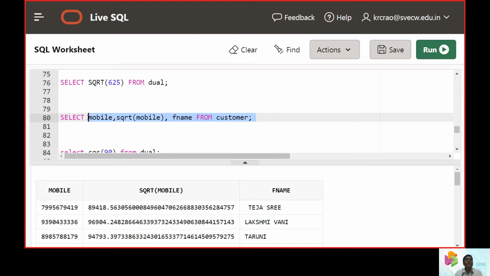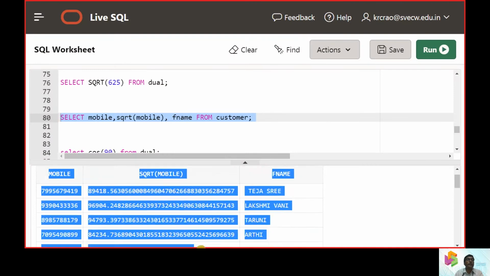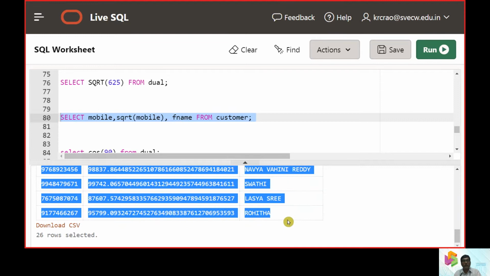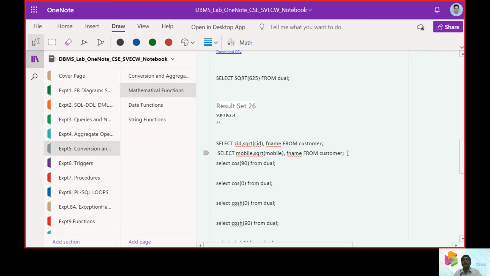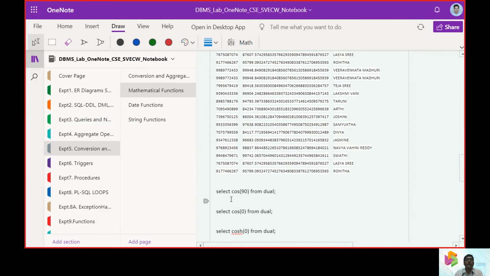So we will take the SQL query and put it into our working area. Similarly, we can take up the answers here and move them to the working area. It will be a quick reference for us to understand.